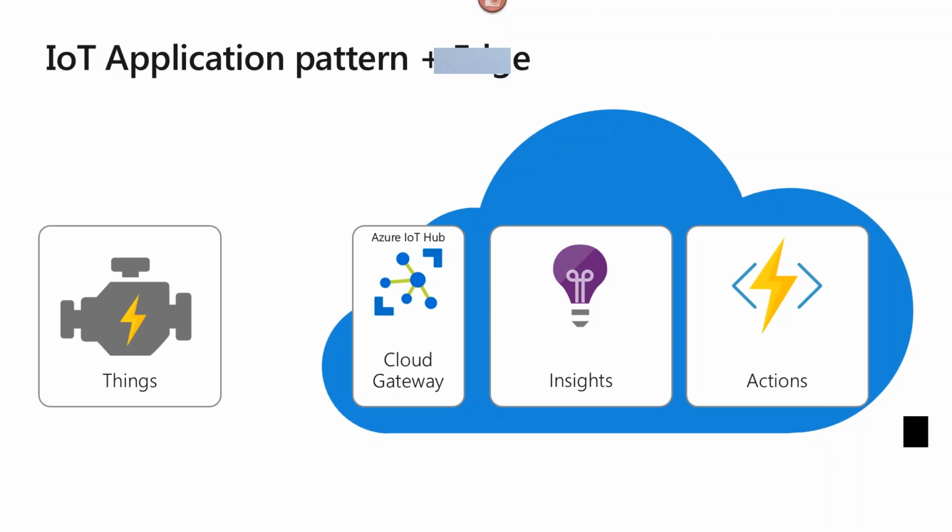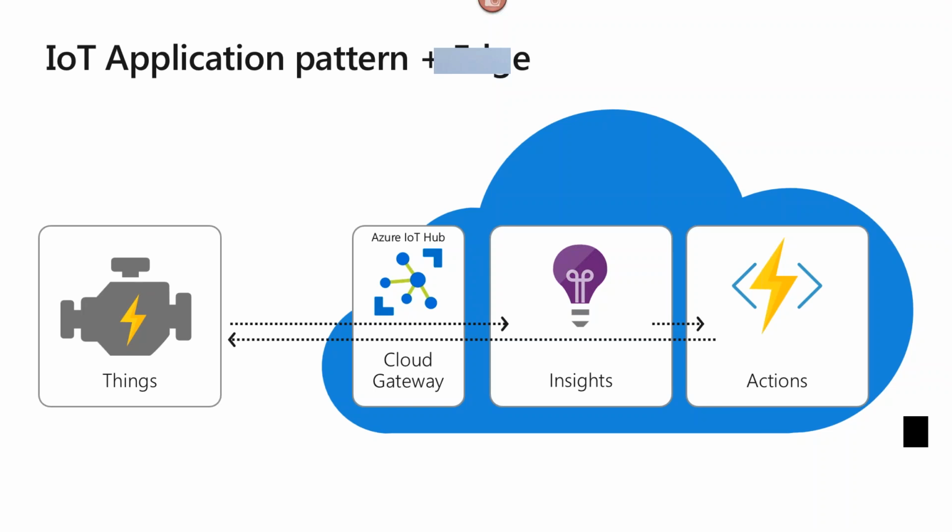So let me start here. This is sort of a classic example of IoT Edge and the cloud working together. You have the things piece by itself, sending information to the cloud, and the cloud generating insights and actions, right? And those actions can propagate all the way back down to the thing. This is a classic example. This is very much how you think about clouds and devices and IoT working today.